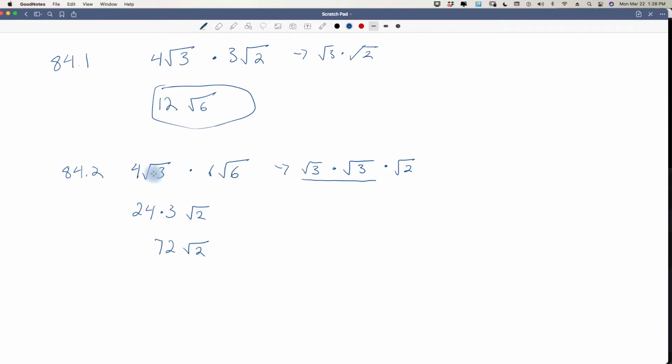So just because you can multiply, 3 times 6 gives you 18, don't leave it there. You can simplify it even more by factoring out your radical. So that's the next step to do. All right,